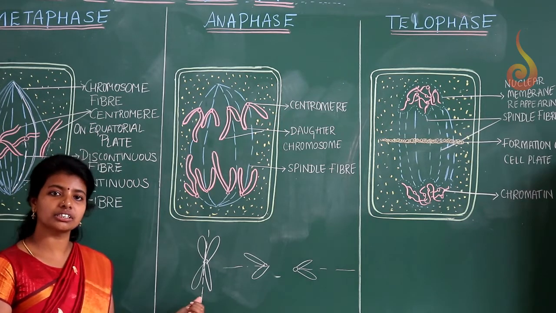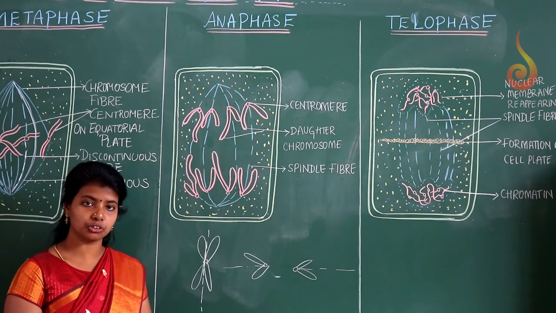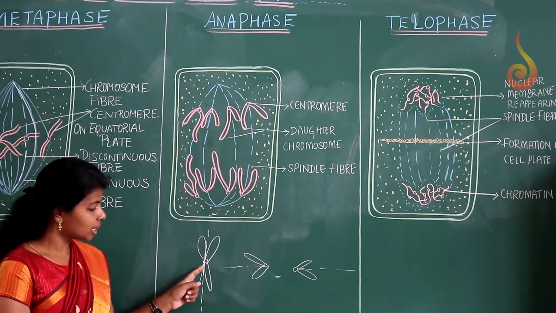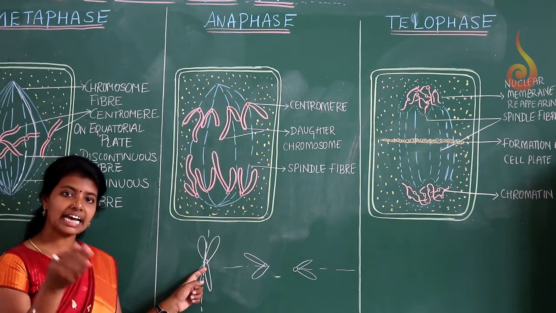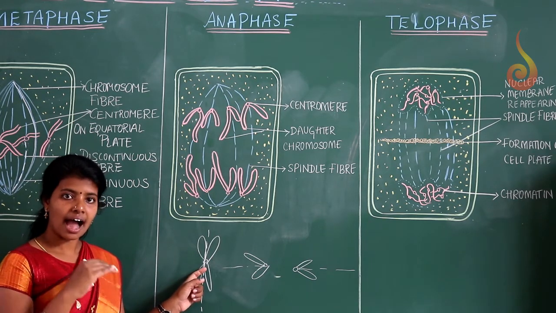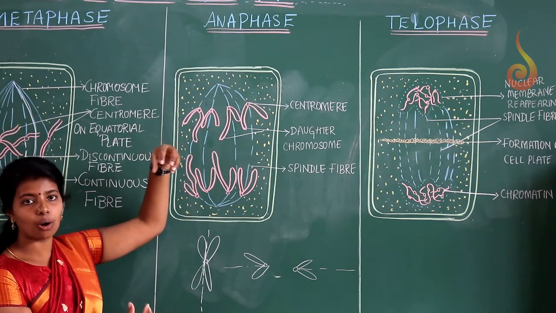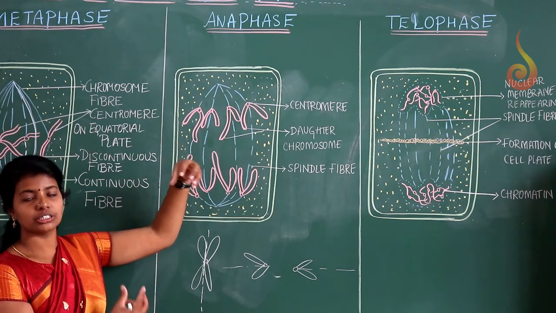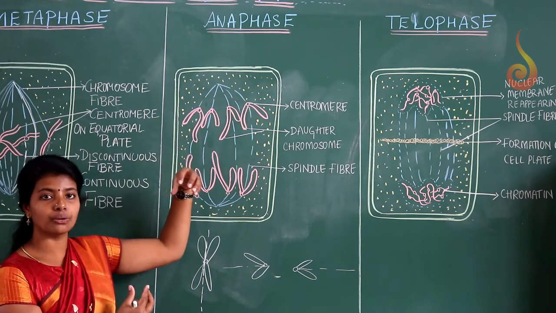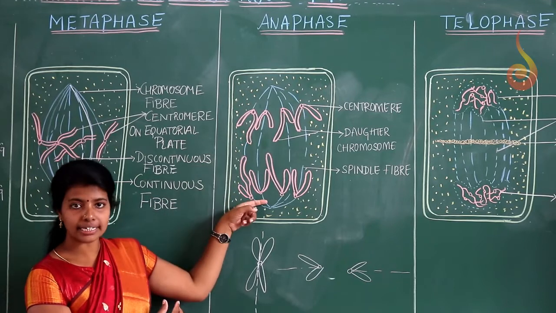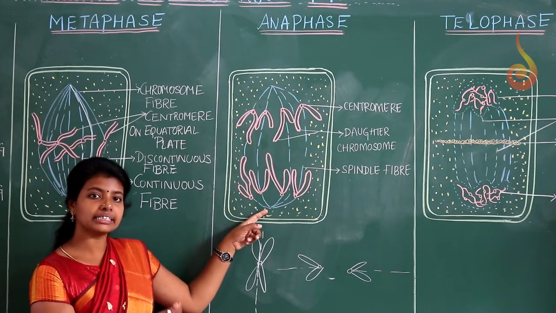So this is what is called splitting of chromosome. Now during anaphase stage, the chromosome splits at its centromere and the chromatids will be pulled to the opposite poles. So the significant feature you have to notice is the separation of chromatids